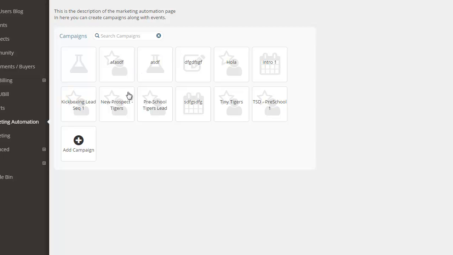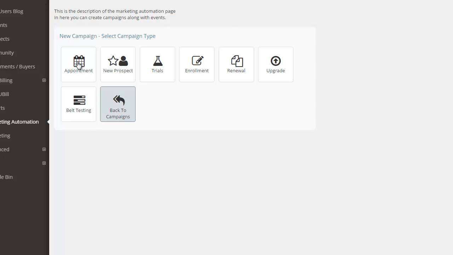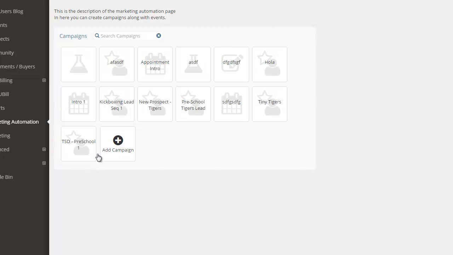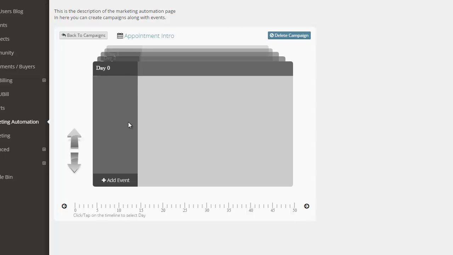Let's look at some of the other campaigns that are available to you. If I click again, add a campaign, an appointment campaign is based on the appointment module inside of your Atlas application. So these are appointment reminders. This could be like for intros, etc. And for right now, that's the only one you have available is your first trial appointment. So I can create that campaign. Where did I put it? Appointment intro. Okay. So now in the intro area,